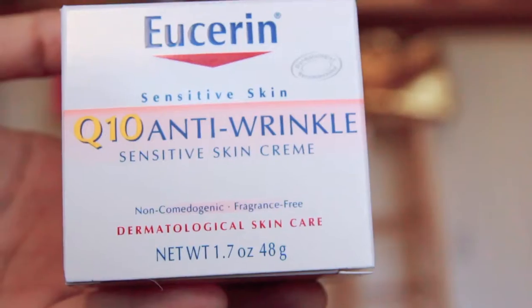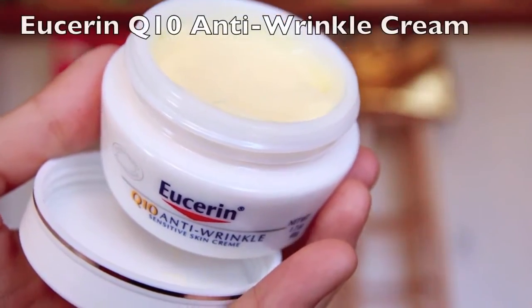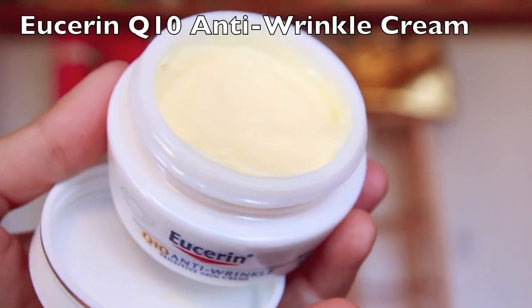I'm first going to talk about an HG skincare product that I've just recently discovered. By recently I mean like 3 weeks ago, I believe. Ulta was having a sale, and so I picked up this really hyped lotion called 10Q Anti-Wrinkle Sensitive Skin Cream by Eucerin. And I usually don't go with drugstore brands for skincare because usually either the product isn't as